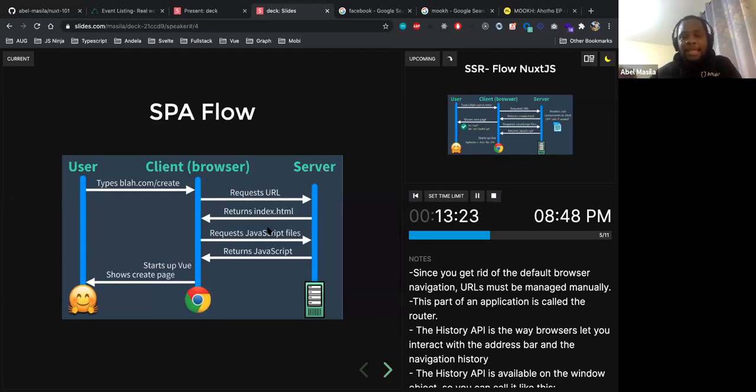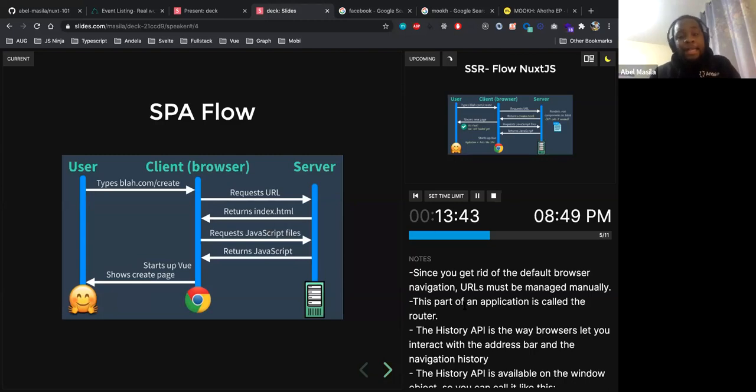So hydration is just a process of now JavaScript taking over your index.html page. The index.html page has got a link to your JavaScript files from the server. So once React takes over, it knows that we have a router. So we need to go to mook.com/event1. And that is what happens for the SPA flow.